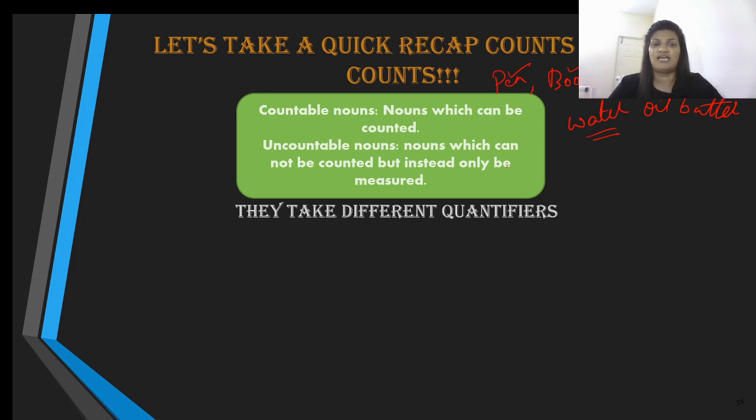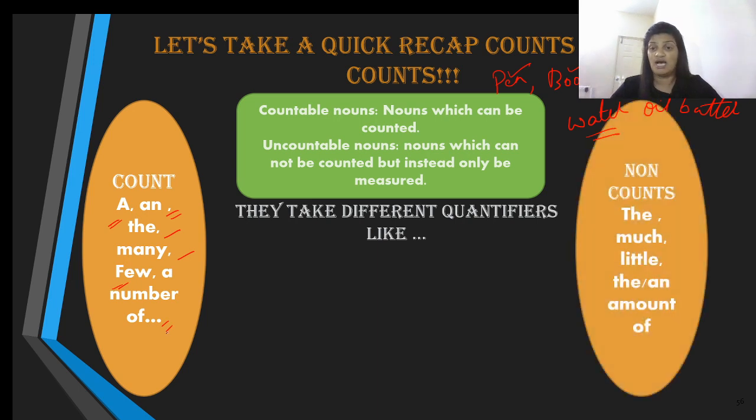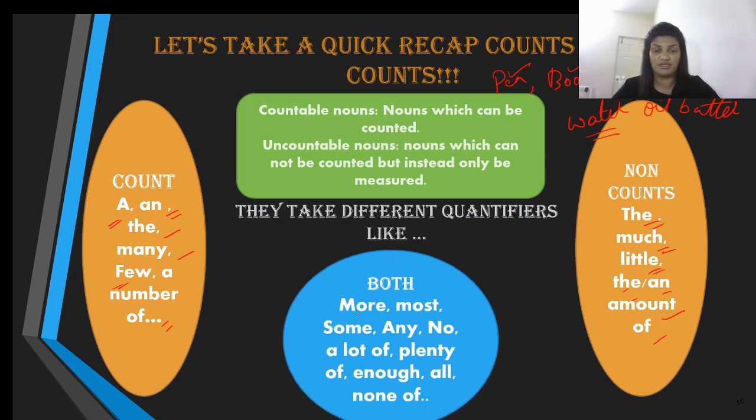They actually take different types of quantifiers. Like, for example, countable nouns take a, an, the, many, few, a number of. Uncountable nouns take the, much, little, and the or an amount of. Well, there are a few quantifiers like more, most, some, any, no, a lot of, plenty of, enough of, all, none of. All these quantifiers, or they're also called determiners, are used with both countable nouns and